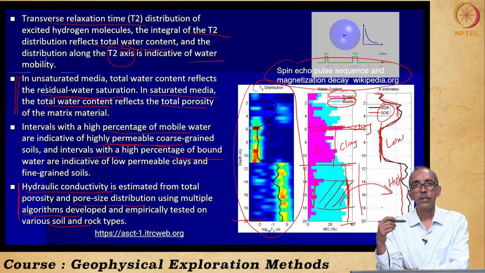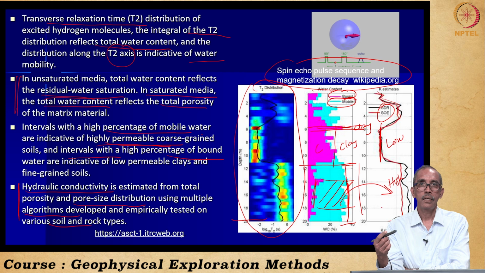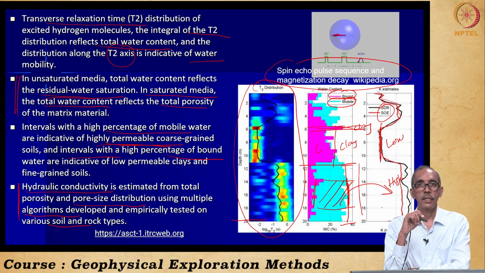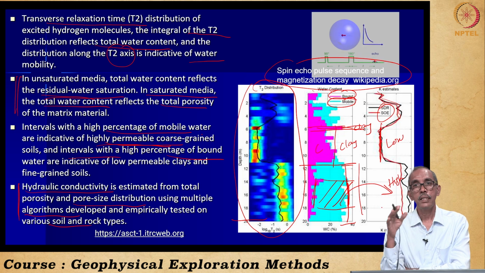And we had also seen previously under gamma gamma logging, we have estimated the bulk density of the formation. From bulk density, we derived the porosity, right? And under resistivity logging too, we have estimated the porosity of the formation as well as the percentage saturation of the pores with respect to water and oil. So all these three logs can be integrated and compared.